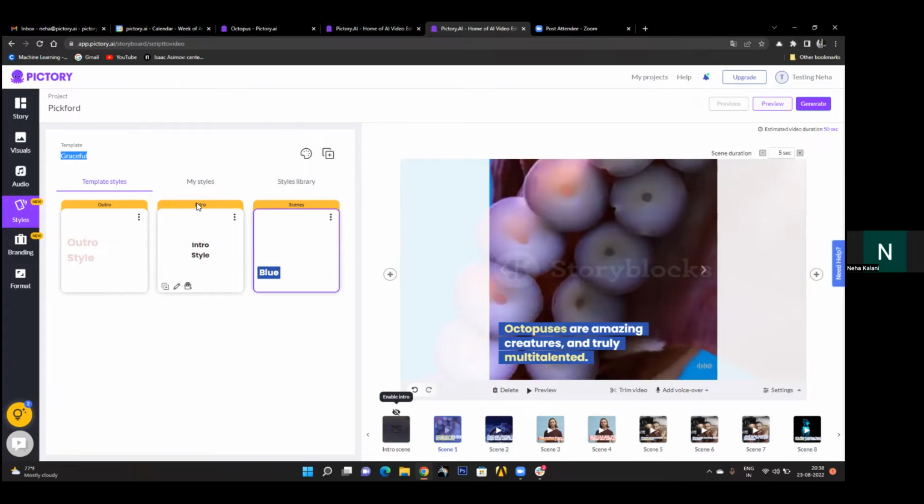And similarly, your intro scene will have the style intro style applied on it, and outro scene will have the style outro style applied on it. But if you do not like it, if you would like to change the default intro style to some other style, you can do that by hovering over these 3 dots here. So say if I want to make blue as my default intro style as well, I can just do that